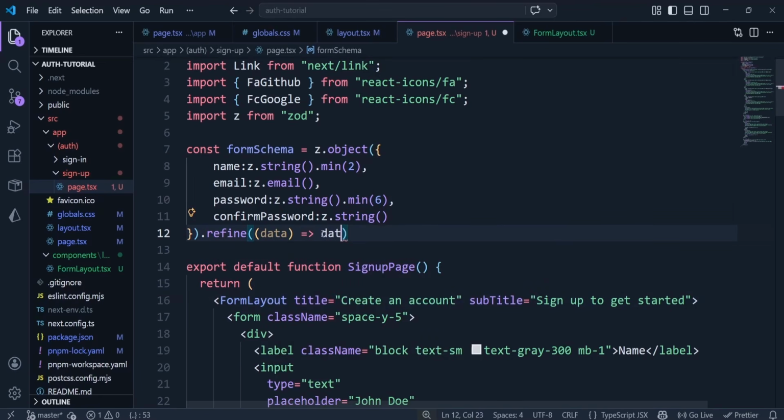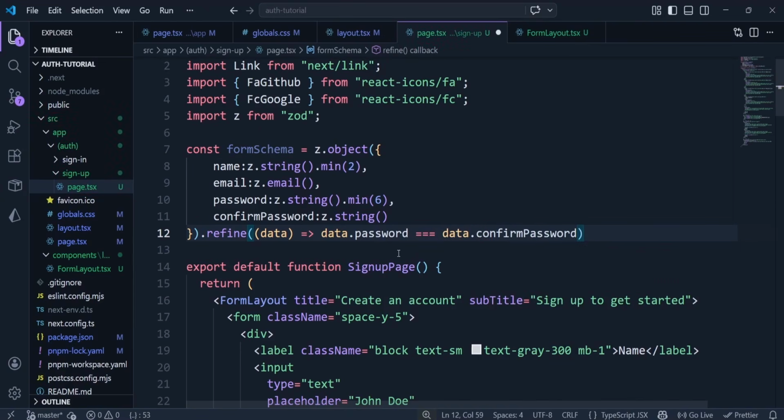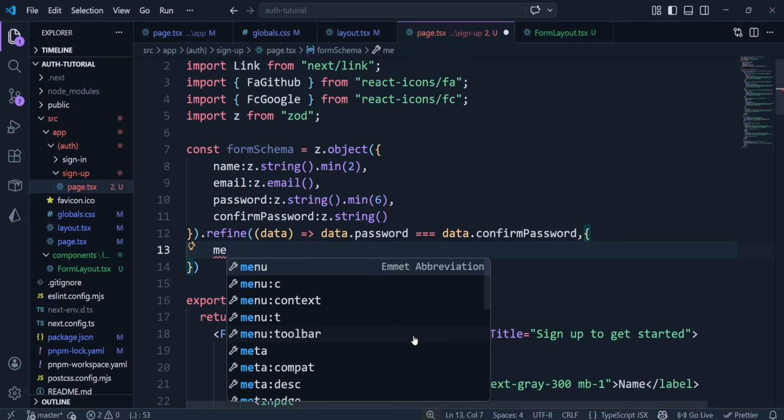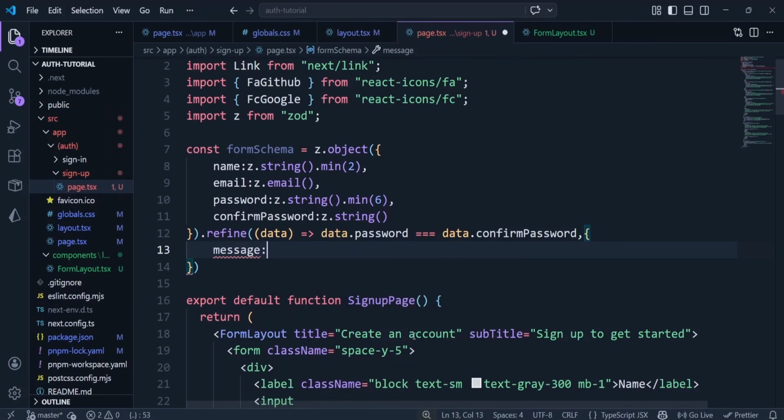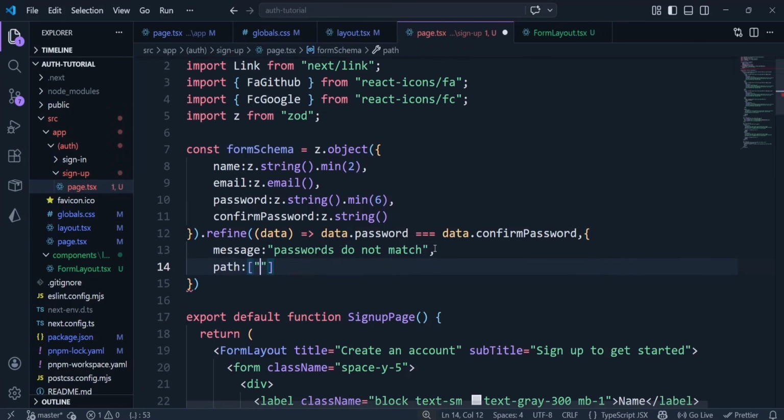We're going to refine where data.password is equivalent to data.confirmPassword. The message is going to be "Passwords do not match." Then right here, we're going to say path,